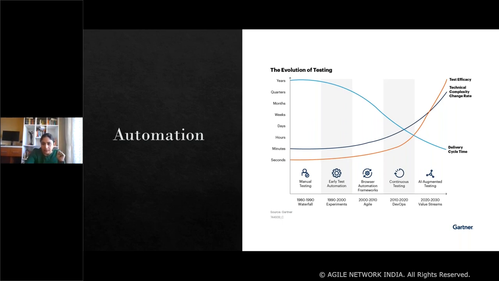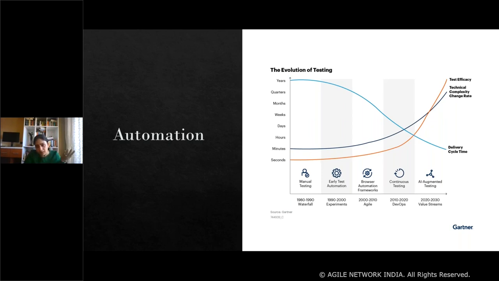So Tosca from Tricentis, Testim, Applitools, Testcraft, Functionize, and just to share my knowledge with you, Gartner does some research and also recommends on the various quadrants in the reports that it publishes. So this year it has published a tool called Evo Automation. This is just for your knowledge and information. This is also an AI augmented tool. All right, so